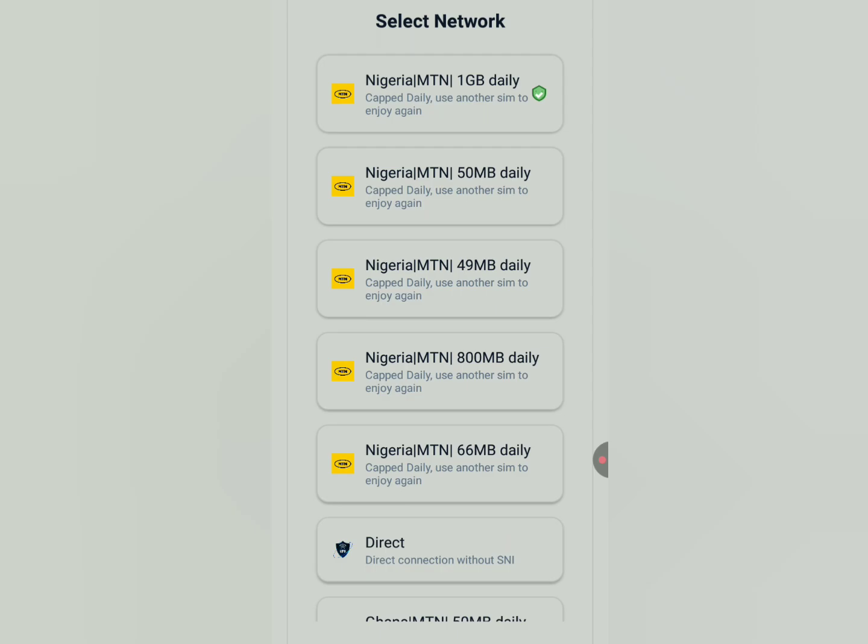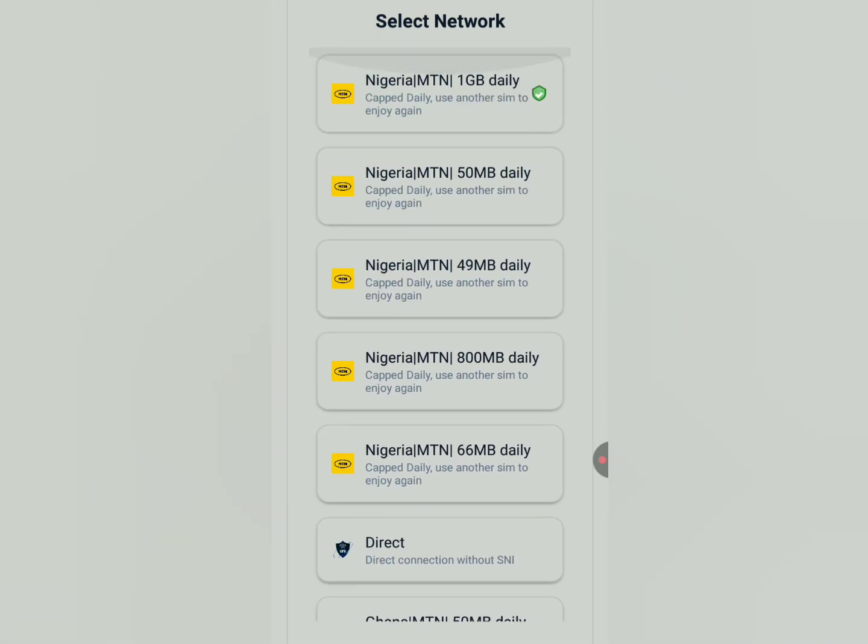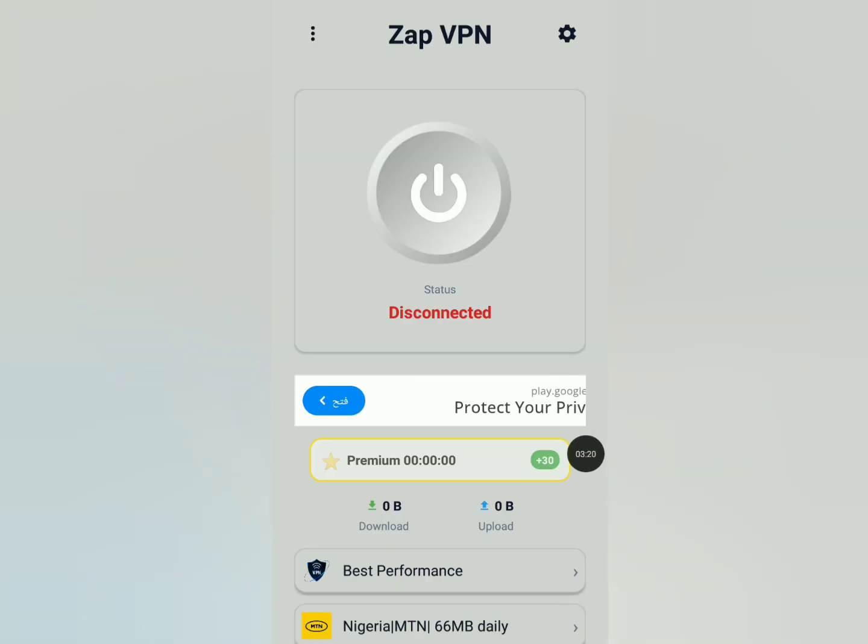Use those networks, but for a moment let me try to use the MTN one, this one. Then after that I'm going to come right here where I have that button,